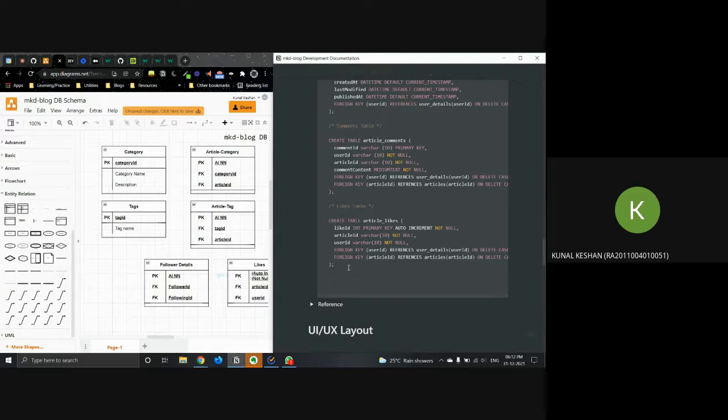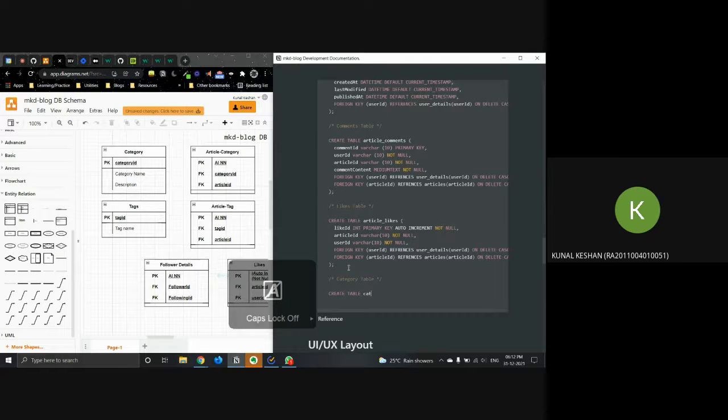And next was the categories table. Okay, so we have the create table. Kunal, in primary key, you need not mention not null. Obviously, it's not null, so it will auto increment by itself. A primary key cannot be left null.